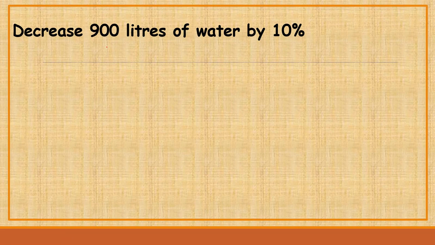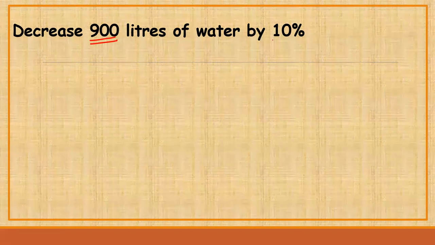So here, remember, I talked about reducing quantities. They are saying in this question, we are given this one. It is 900 liters. But they are saying reduce it by the percentage, which is 10%. To reduce it by 10%, this is the original quantity of water. It is 900 liters. When you reduce it by 10%, it means you'll get less number of liters of water.